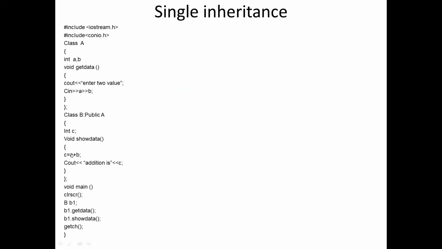In this program, we have put the header files, #include iostream.h and conio.h. We have created a class called A. A is the name of the class, where we open the class and put the data members int a and b. You must remember, if we do not write anything here, by default the data members will become private